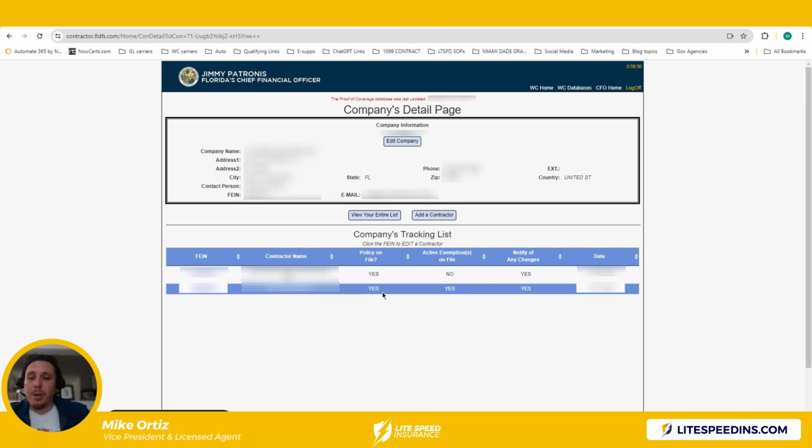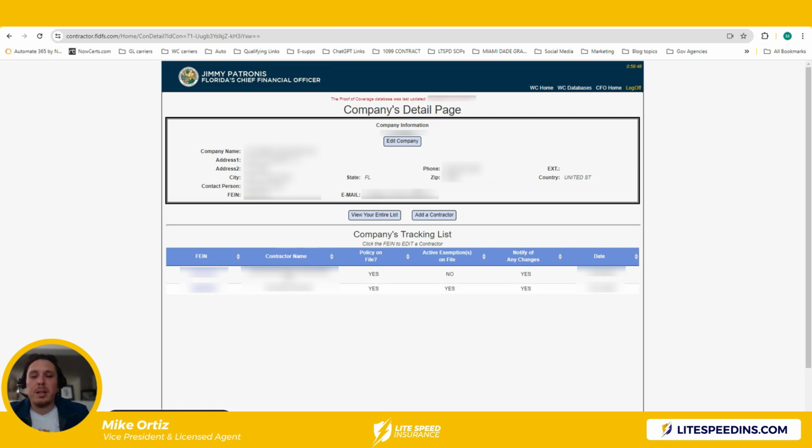It's very important that you keep this up to date. Our team is responsible, again, once you become a Lightspeed client, for the subcontracting tracking list, the spreadsheet that we provided. We make sure that they both go hand in hand and that they're both always up to date and that we're always getting that email